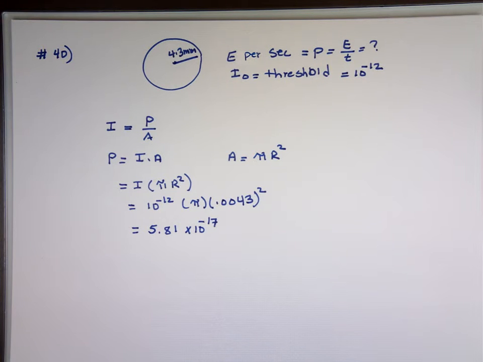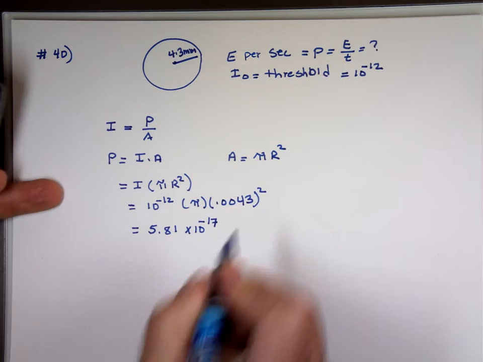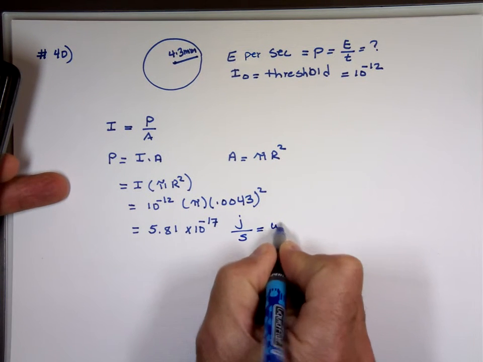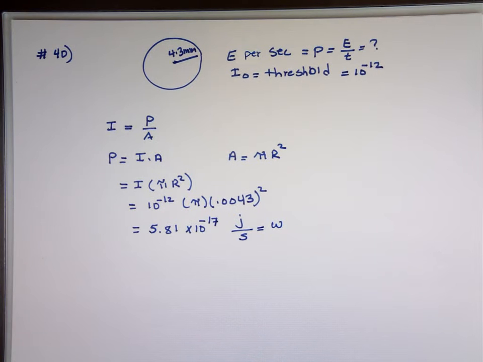Energy per second, joules per second. What's joules per second? There's a different name for it. That's watts. Now the second part, we'll come back and plug them in. The second part of the question,